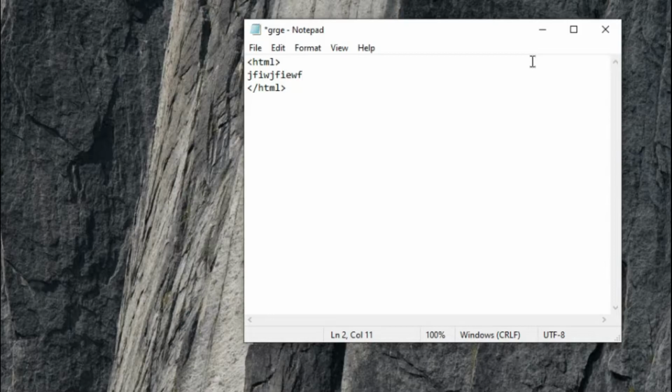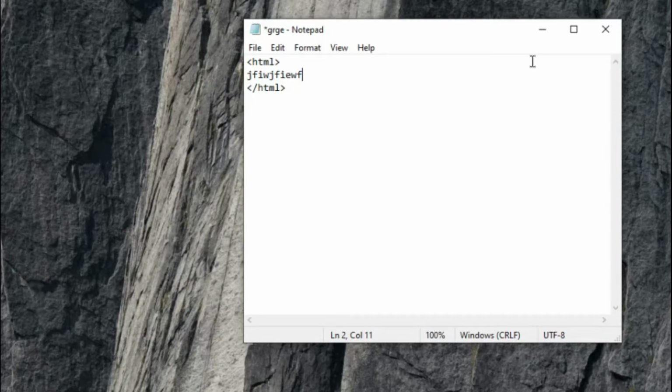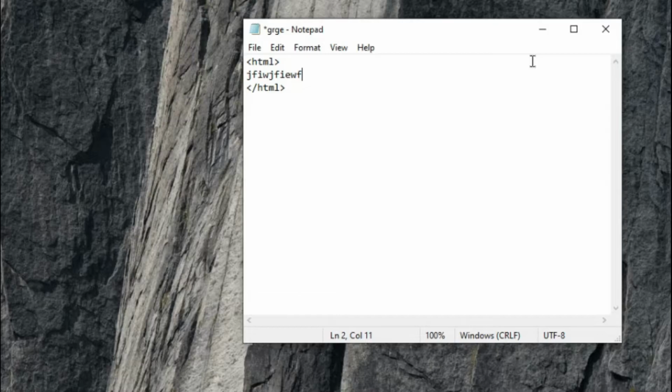But hold up a second, if you run this, it might work, but professionally it will not. What am I talking about? Well, sometimes there are some other programs other than Notepad that are actually pretty specific with whatever you type. So these other programs will actually not understand whatever you've written inside of the HTML tags. And that is why